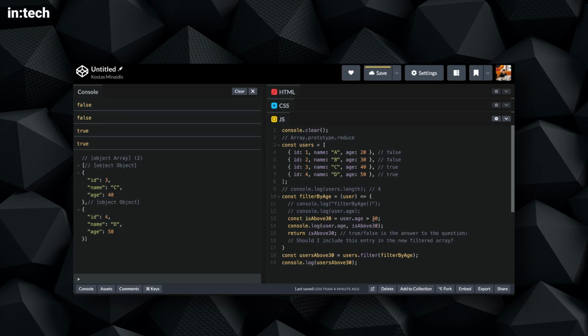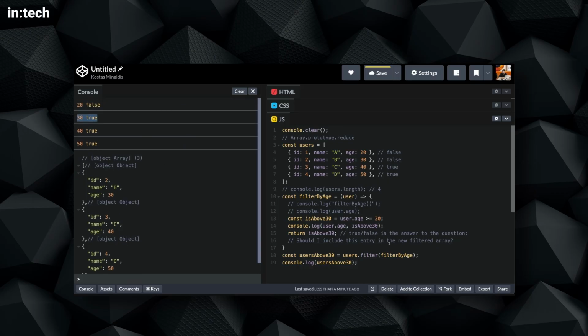I can console log the result of this expression, and I would see where I'm making a false assumption. So in here, when the age is 30, this is false, which means I have to fix this and change the condition to something like above or equal to 30, which means I'm going to include